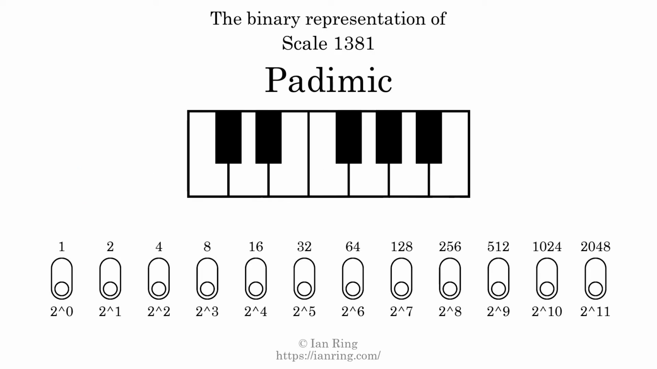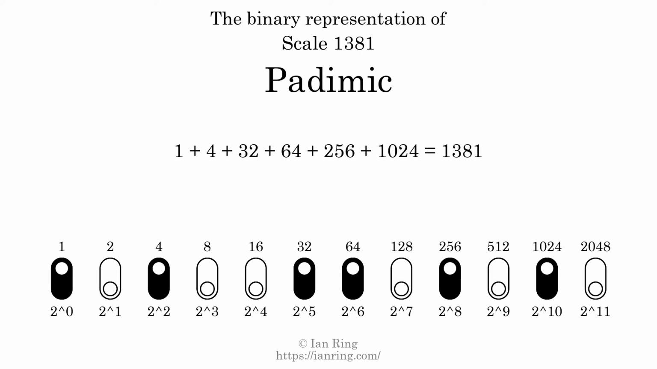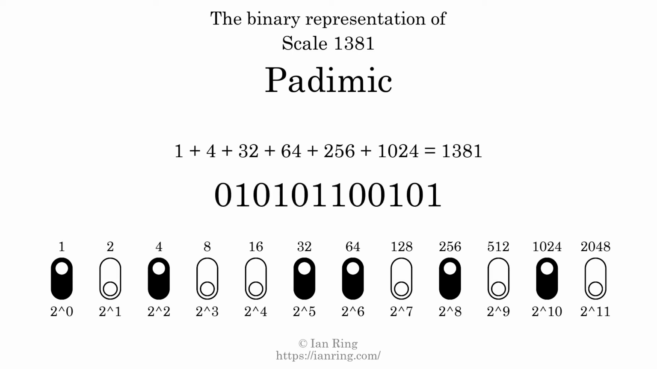The binary representation of this scale is determined by mapping tones of the scale to binary digits. Each binary digit represents a power of 2. To get the scale number, we add the powers of 2 together. The powers of 2 that are present in the scale, all added together, equals 1381. That is why the scale number, in decimal, is 1381. The scale number not only enumerates the scale with a unique index, but it also literally describes the tonal content of the scale. Represented as a binary number in base 2, the scale number is